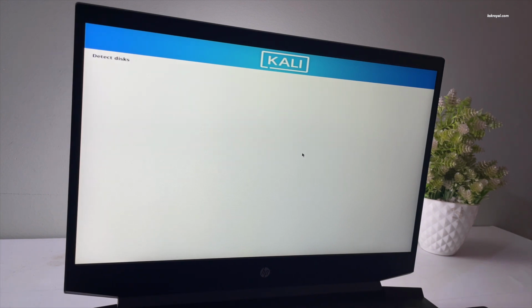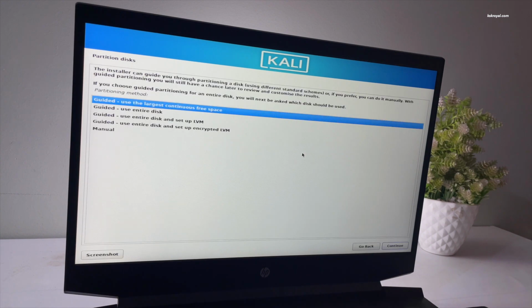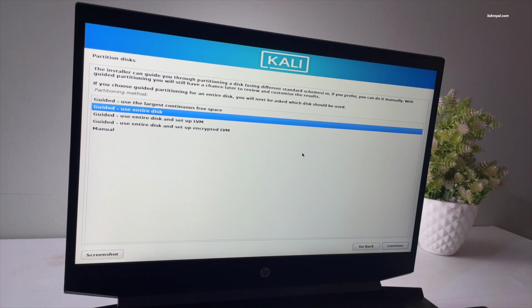It's time to create partitions for Kali Linux. In this video, I will be using the automatic option. I'm going to choose the largest continuous space. This will find the free space automatically that we allocated for Kali Linux in step number 2 and create the necessary partitions. If you have a spare drive on your PC, you can choose the entire disk option and select the appropriate drive.